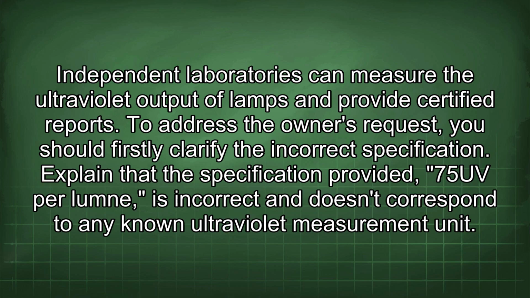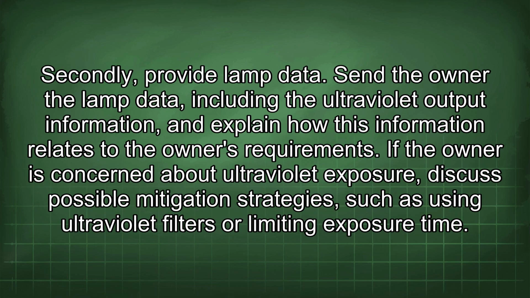To address the owner's request, you should firstly clarify the incorrect specification. Explain that the specification provided, 75 UV per lambda, is incorrect and doesn't correspond to any known ultraviolet measurement unit. Secondly, provide lamp data. Send the owner the lamp data, including the ultraviolet output information, and explain how this information relates to the owner's requirements. If the owner is concerned about ultraviolet exposure, discuss possible mitigation strategies, such as using ultraviolet filters or limiting exposure